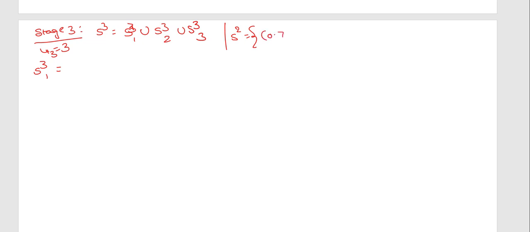Stage 3. What is the value? mu3 value is 3. That means here also we can maintain a maximum of 3 copies. S3 is equal to 1 copy, 2 copies, 3 copies. The same process. We have to repeat the same process. For our convenience, here I am writing S2 again, that is to perform multiplication. Here I am writing stage 2 values. So stage 2 values are 0.72.